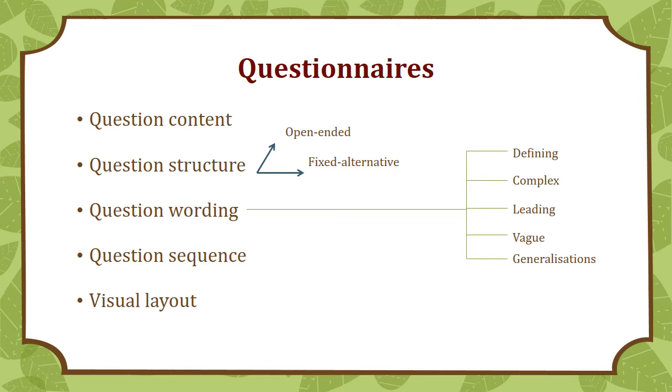So it's not just a tick from a drop-down list, but they actually have to write something and give you their opinion or their feelings, or answer it in their own way. Your sequence also ties to structure, but your sequence is also important in the sense that, as I said, don't just go right on the button, like, why don't you read fiction? Or why do you hate dystopian novels? You don't even know that yet.